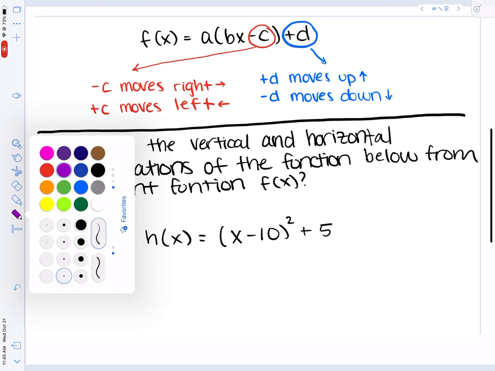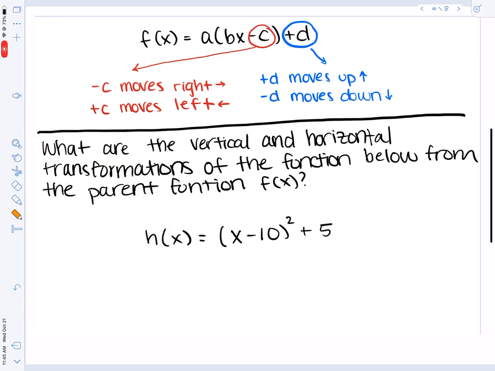So for this example, we're going to read the problem. Always read the problem, y'all. What are the vertical and horizontal transformations of the function below from the parent function f of x? Remember, vertical is up and down. Horizontal is left and right. Sorry about the train. So looking at this, we have h of x equals parentheses x minus 10 parentheses squared plus 5. This is inside the house. So what is my c value? Very good. Negative 10. And that negative 10 means the graph is moving right. Very good. Horizontal shift